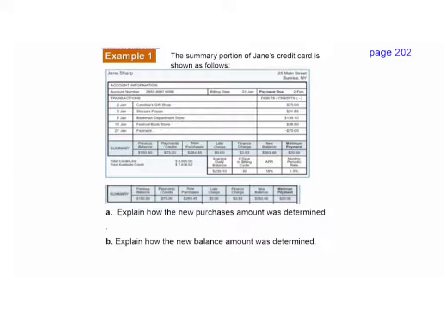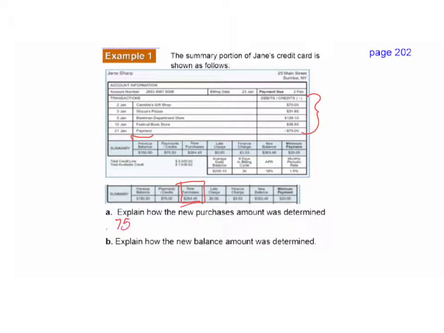Here's example 1 from our textbook. It's on page 202. It said this is the summary portion of Jane's credit card as follows. It says explain how the new purchases amount was determined. So what it's saying is the new purchases are right here. It's kind of blurry, but it's $284.45. The way they do that is they get it from over here. In this column, we count up everything except for the payment. So it would be